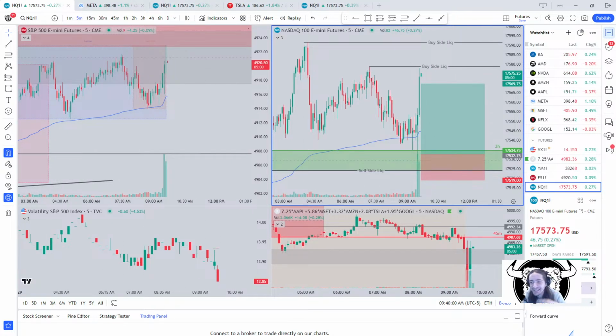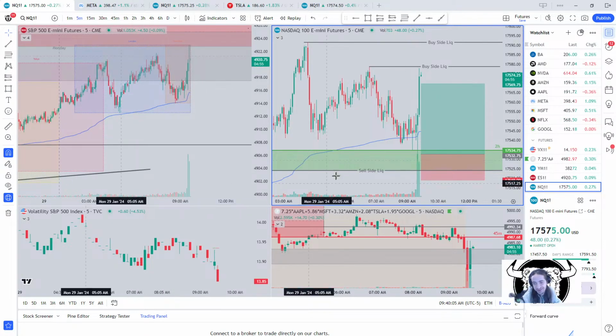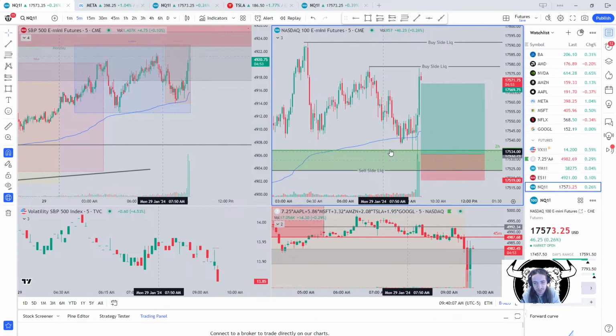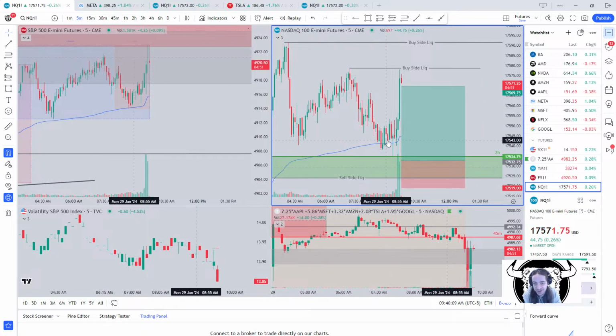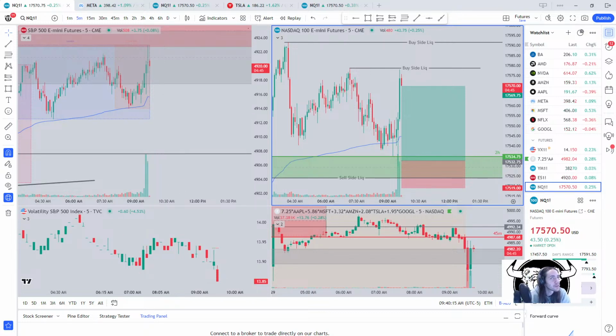Yo, ICT, supply demand, you know the vibes, guys. That was awesome. That was an ICT concept with supply and demand for this long entry trade, and it was A plus plus. That's the type of trade that we got to be going heavier on, that we got to acknowledge. We got to be able to know what trades are higher probability than other trades, and the only way to do that is by understanding a few things: the market itself, different ways the market moves, and understanding different